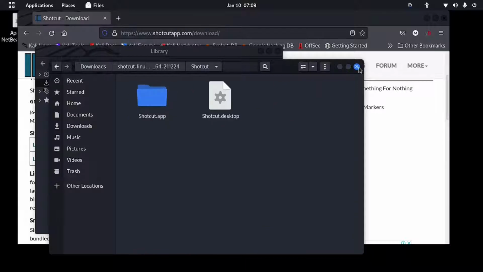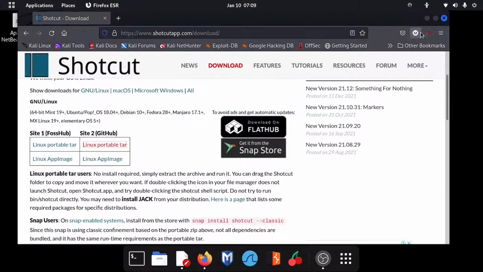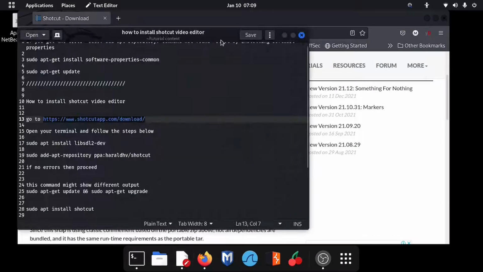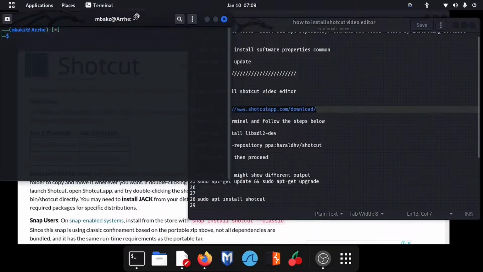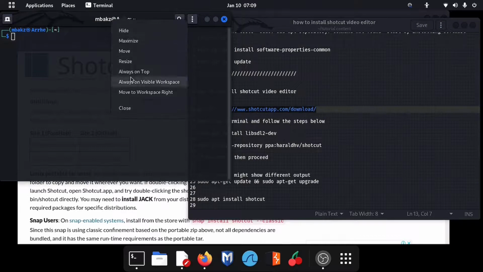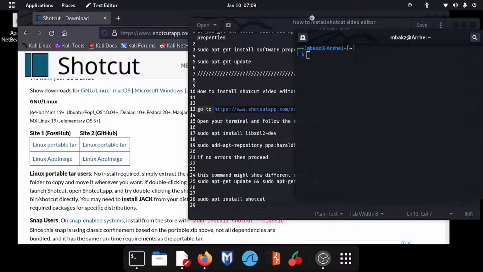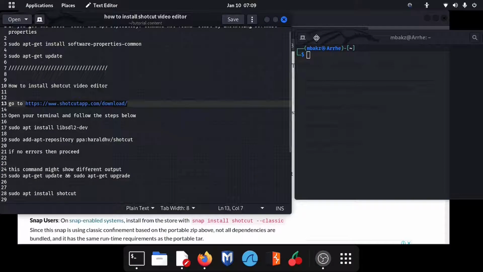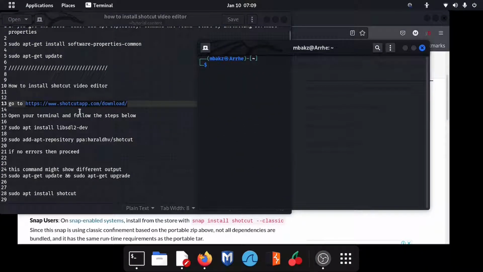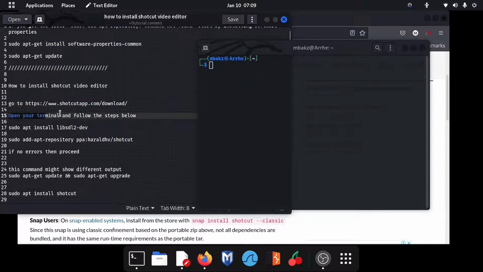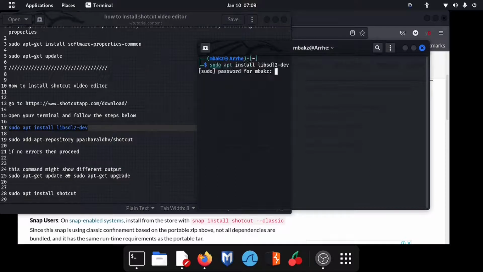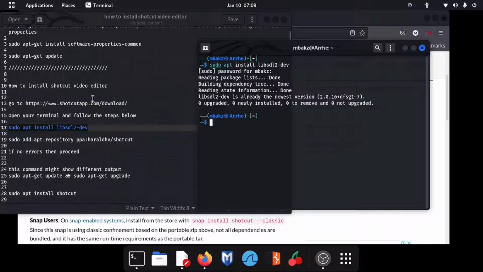I've already downloaded it. So you download that file and then come and extract it. After extracting it, you will find it there, and then you go back, and then now you open your terminal. After opening your terminal, then you will have to run these commands, all of them step by step. Now you're opening your terminal and following the steps below. The first one, sudo apt install, and then you paste it, password, and then I've already installed them,